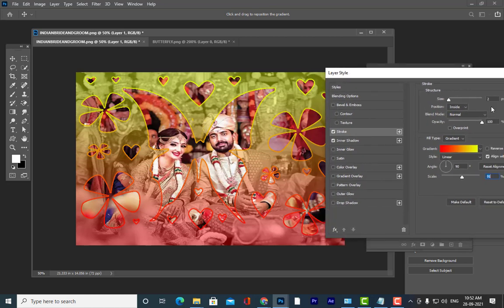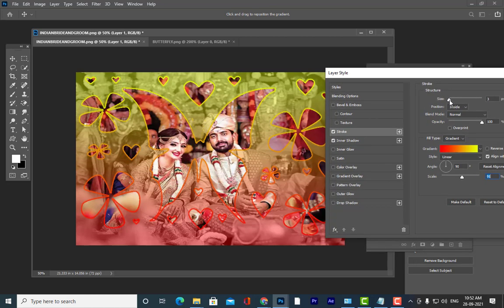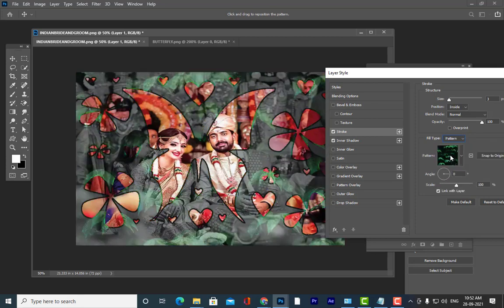Can you all see this? Different combinations we are getting. But if you don't like this gradient, you can actually omit the gradient.